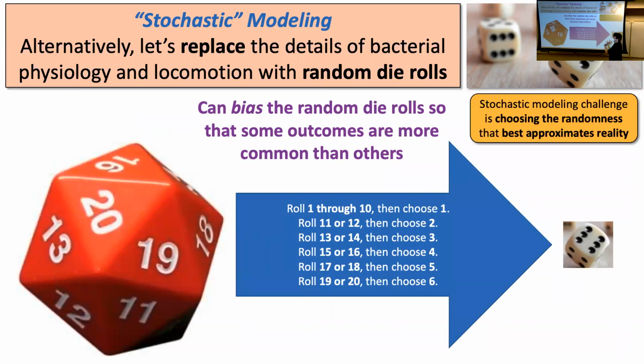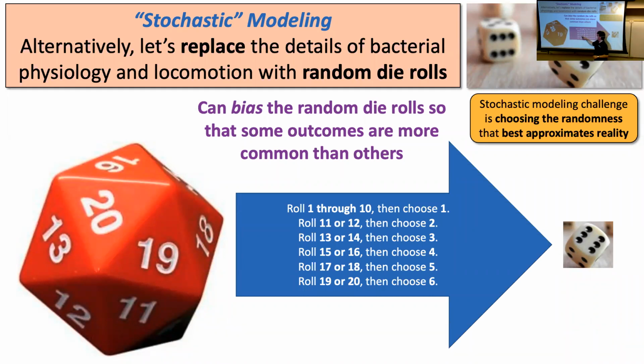So this is my die roll example here. If you have a 20-sided die, that gives you a lot more flexibility to set up these random outcomes. Because now I've got a bunch of different ways I could combine these 20 outcomes to give me a smaller set of outcomes. So I can simulate a 6-sided die with a 20-sided die. And I could say that I want to make a weighted die. Instead of a fair 6-sided die, how do I make an unfair 6-sided die? Well, if I have a 20-sided die, I can say that if you roll a 1 through 10, that's equivalent to a 1 coming up on the 6-sided die.